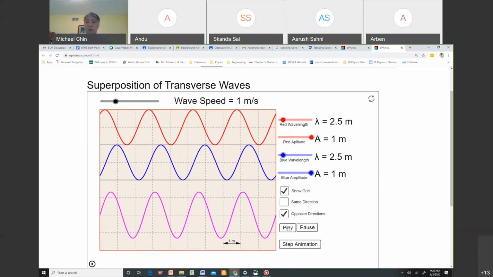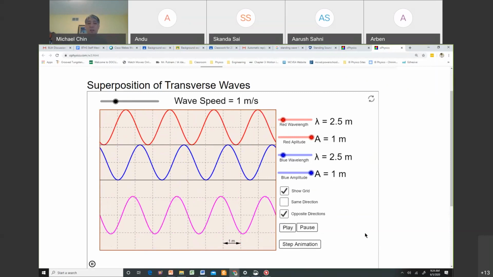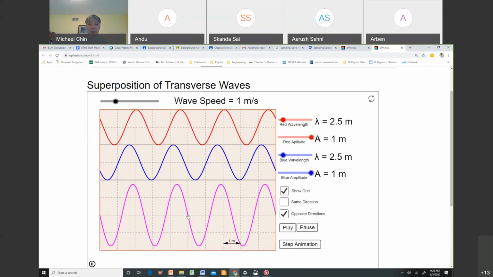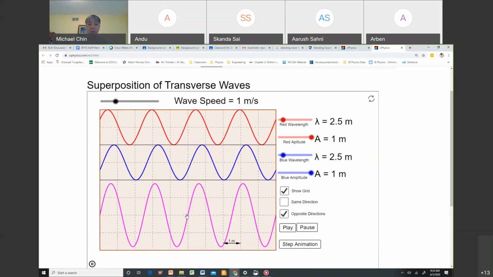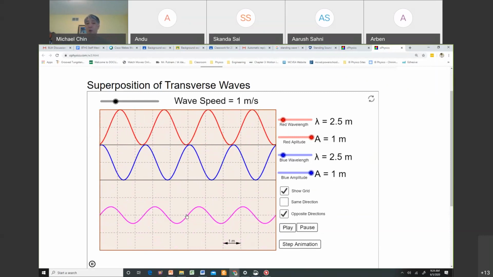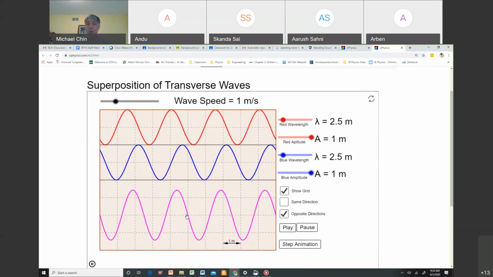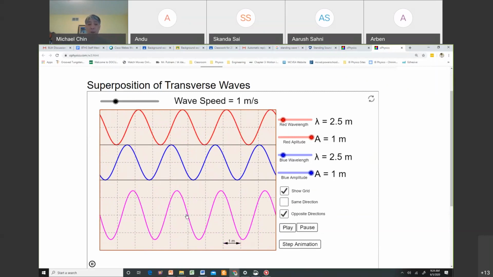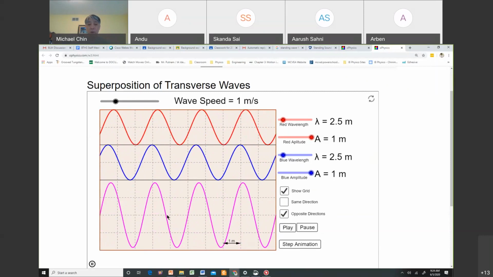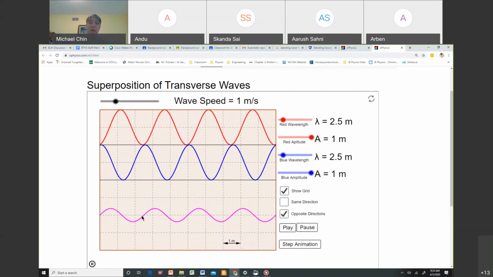So I'll set this in motion, and you can kind of see on the bottom here, right here where my cursor is, hopefully you can see that. That's a node. That purple point is never moving. I have multiple of these nodes. There's another one over here, and another one,